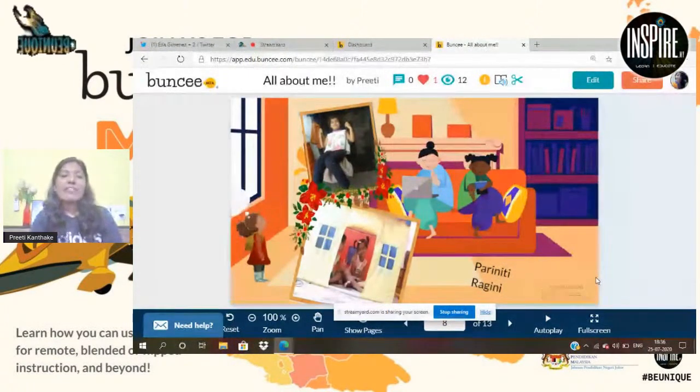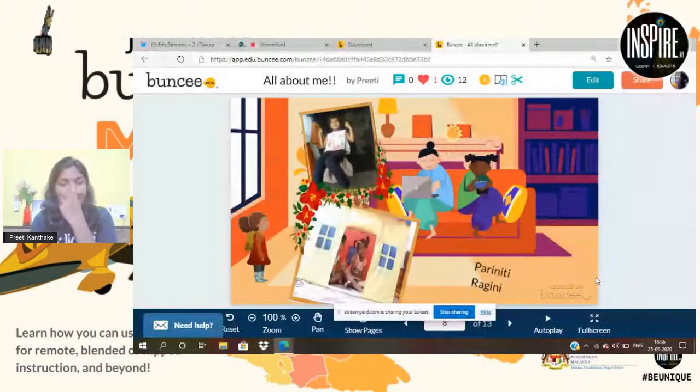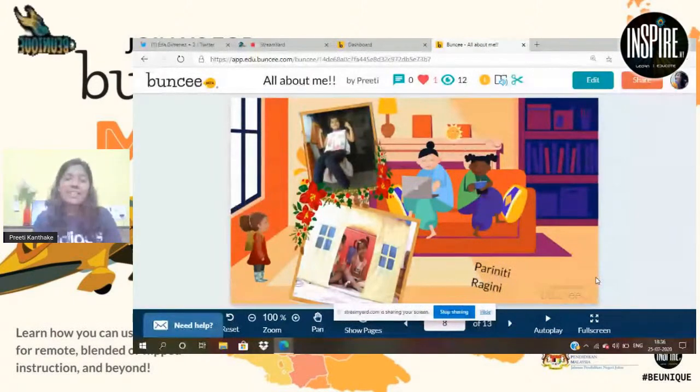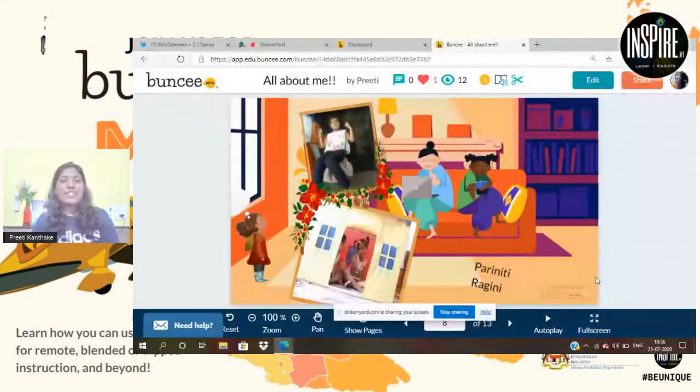So my students are having fun with their family, and they are spending quality time with their family. So I created this Buncee to share with the parents, so that parents feel how sweet my daughter looks, how sweet my son looks. And with this presentation, not only the kids but parents are also loving it, and they are eager to use this Buncee